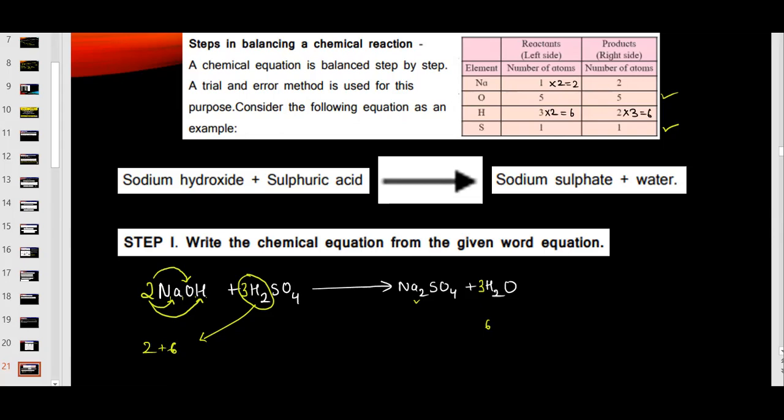Here you have to use the trial and error method. We have to think about this trial and error method to try to balance the equation. So it's not that you will use one step and you will get the answer. You have to use a trial and error method and check when it is going to become the same. So that's the process here. We have to be very careful about this.